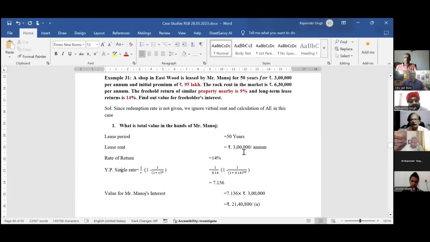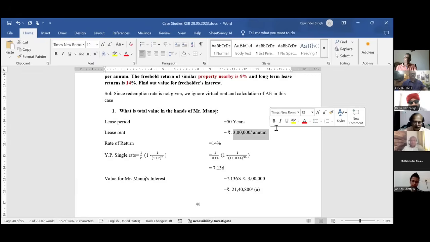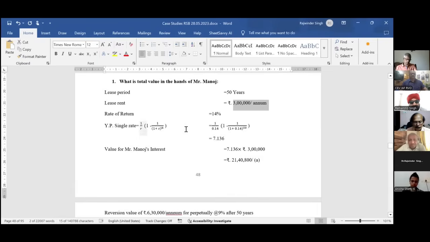Mr. Manoj is getting 3 lakh per annum, उसको हर साल 3 लाख मिल रहा है। 14% rate of interest है। Rate of interest is 14%. तो either you find out YP, एक तो ये method है कि हमने हर साल के लिए present value निकालने की बजाय हमने एक formula derive कर लिया। ये formula हो गया single rate का।